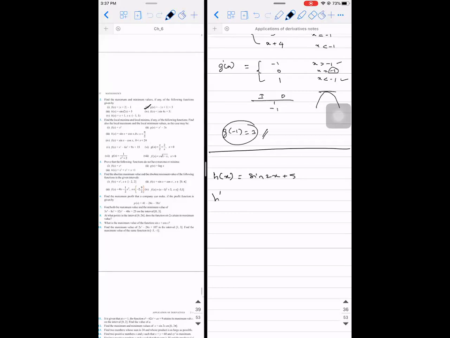So h dash of x is equal to, what is it? Cos 2x. 2 cos 2x, right? So 2 cos 2x, if I equate to 0, then